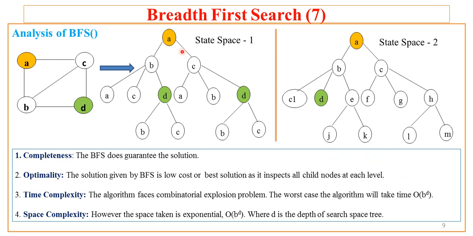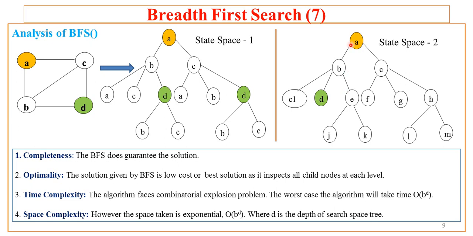So in case of DFS, assume for this small state space, we may get a solution either by using DFS or BFS, because if the path followed by DFS is appropriate, that means if it first visits A, then B, and then from B it happens that node D is inspected at the next level, then we get the solution either through B or through C. But just imagine a state space like state space 2.